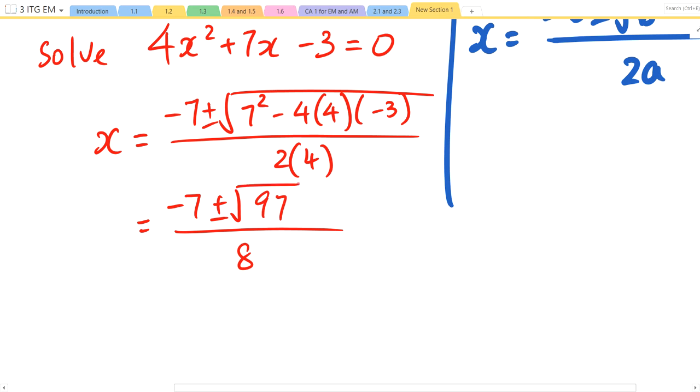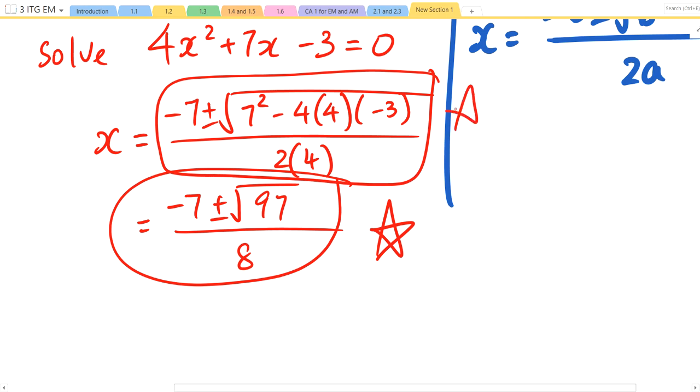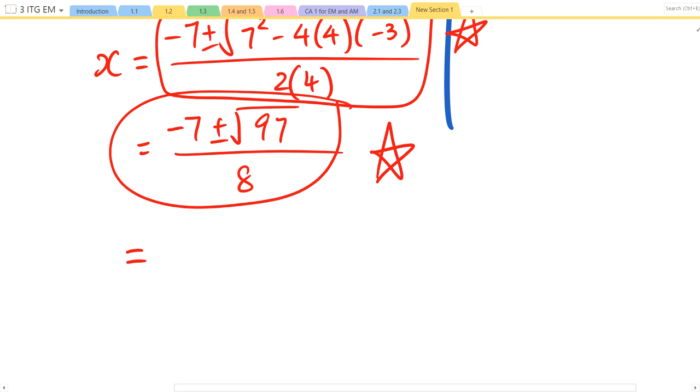Okay, do you have this? I want to see this step. I also want to see your substitution. So these two are essential. I want to see the square root 97. I don't want you to straight away jump into the answers. From here on, it is easy for you to check back your work, whether you made a mistake. Okay, square root 97